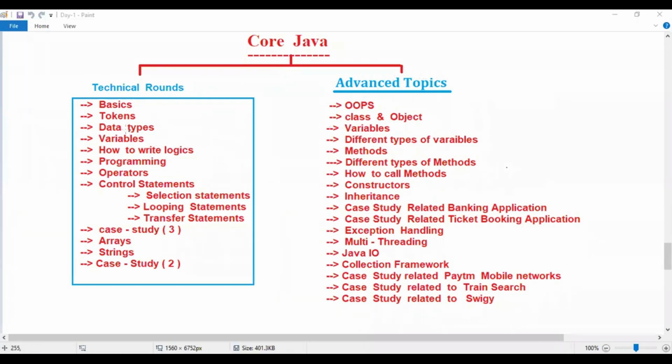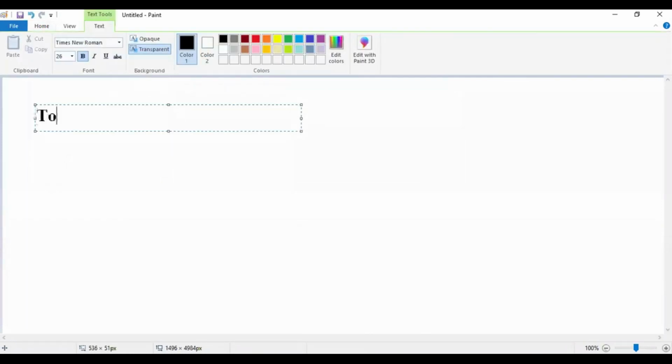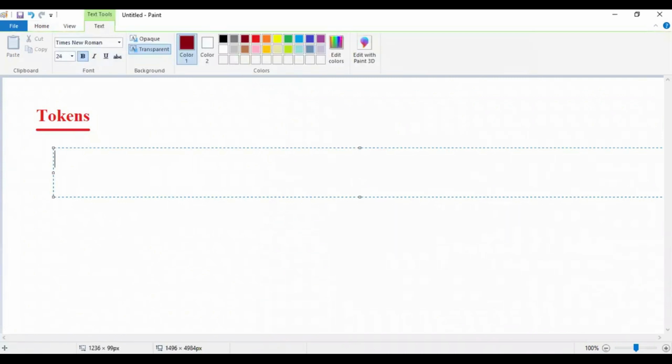Now the first part is what, guys? Tokens, right? The basic part, tokens. Then let's go for tokens, guys. The first concept is tokens. Now let us have a look at tokens. So what is a token? You can observe what a token is. Remember, guys, what is a token? Token means